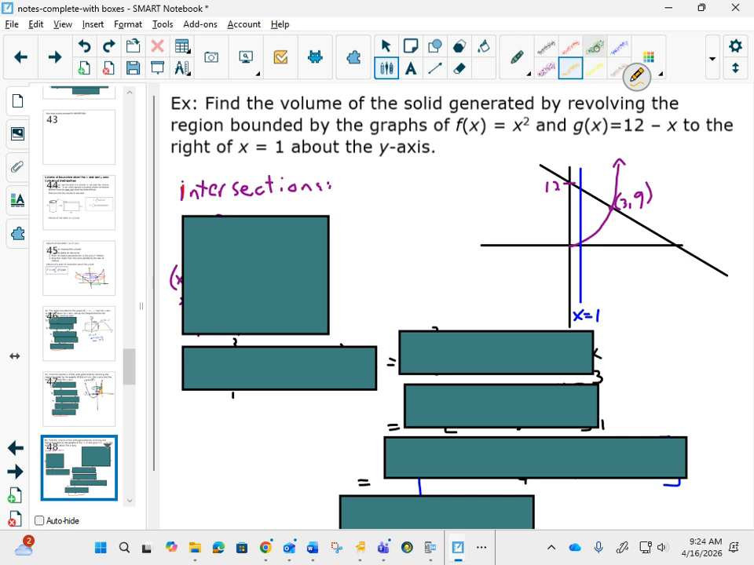Right? That part, it's a very interesting watermelon that's going to be made. That part is getting revolved around the y. Both of these would be easy to get x equals. Under the purple one,